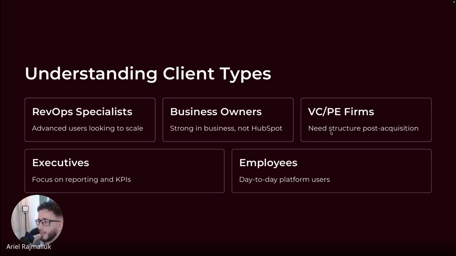Then you have VC and PE firms. Usually here you will get people who want just reports of their investments. So your conversations will be around, how do I report on this? How do I track on that? So a lot of work around reporting when you're talking to VC and PE firms. The difference with executives, which is the second one, is that the VC and PE firms usually use multi-account, or they manage multiple accounts.